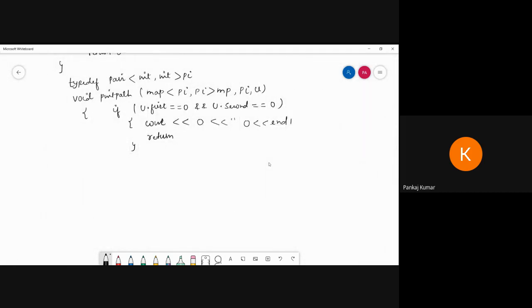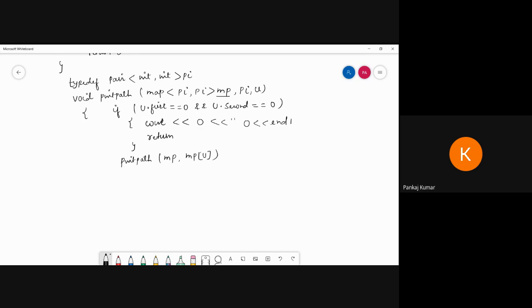Inside that one also we have to print the path. So printPath, what do we have to follow? MP, because we have to declare this one MP. So I have to follow MP, then MP of u.